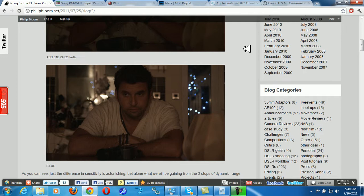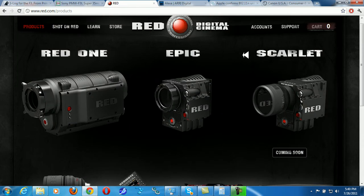Now, what boggles my mind is that Sony Pictures, a lot of the studios, they use Red cameras. They don't even use Sony cameras. They use some Sonys, but they do use some Reds. Spider-Man is being shot on Red. District 9, a lot of it was shot on Red, except for the running through the ghetto, that was shot on some Sony camcorders. Like camcorders, they're like $3,000. But why not give out the firmware for free and give Red a run for their money? Because